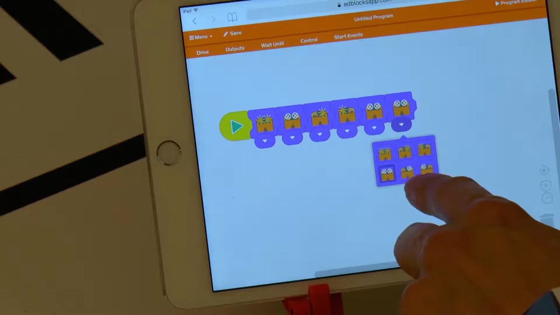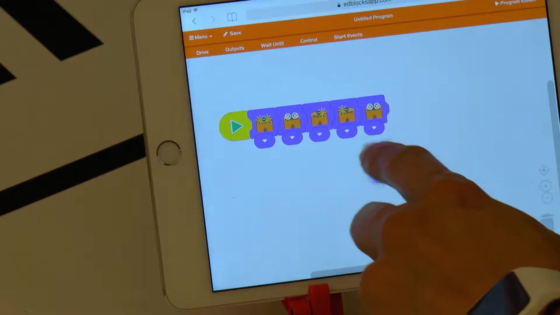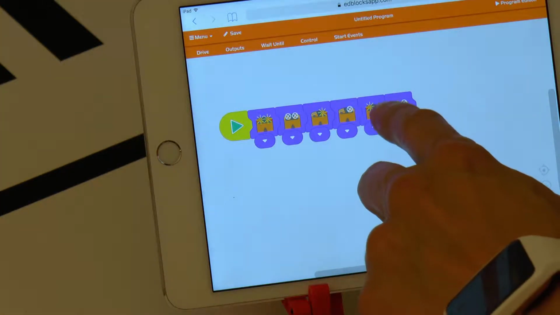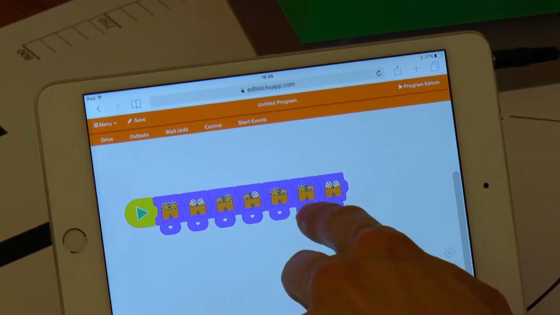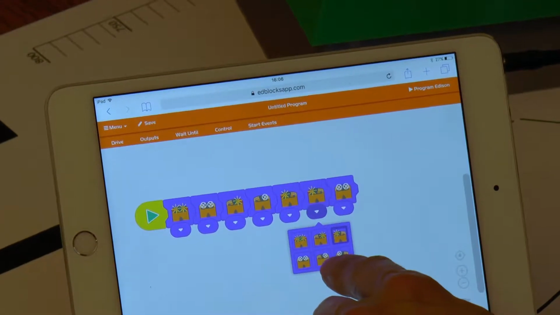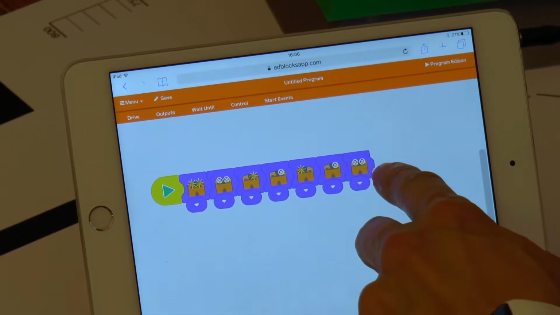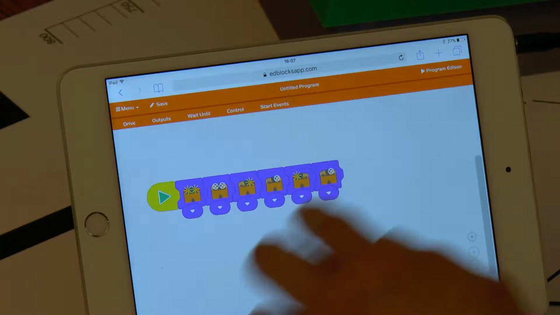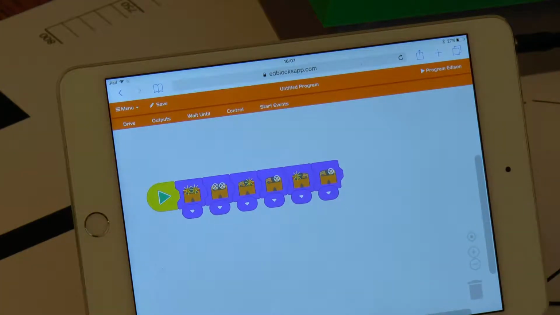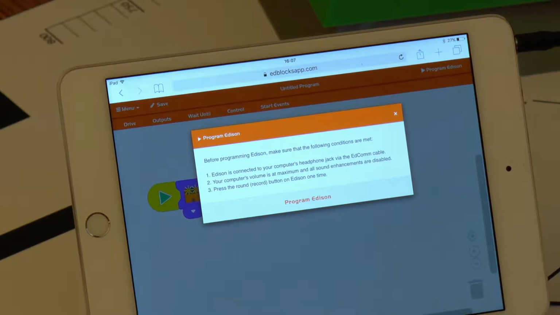Turn both LEDs off. This command will turn off both of Edison's LEDs. Turn right LED off. This command will turn off the right LED, but won't turn on the left one. Turn left LED off. This command will turn off the left LED, but won't turn on the right one. I made a program where I use all of the blocks related to LEDs. Uploading, testing.